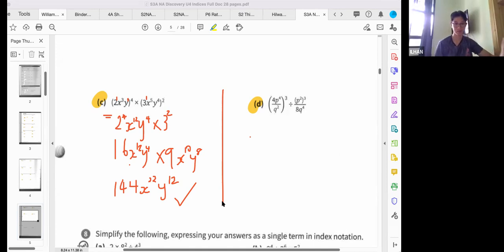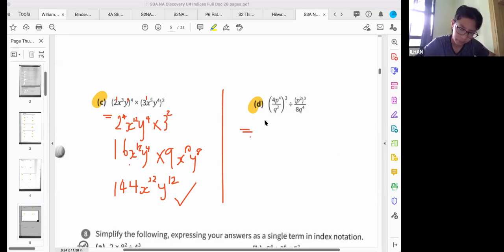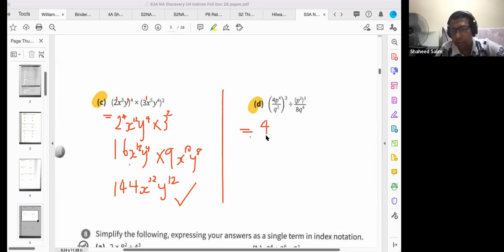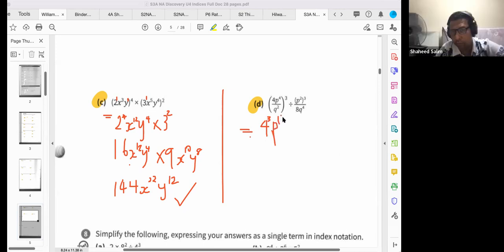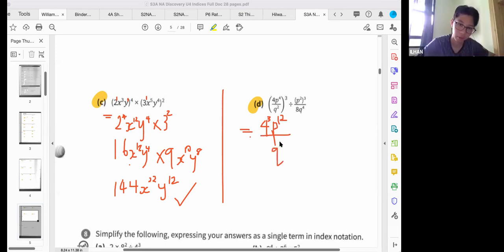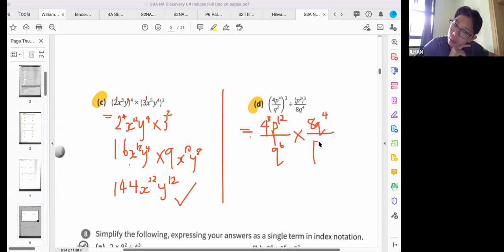Yeah, I'm stuck. Okay, so you tell me the first step. Can you do this one? Okay, 4 to the power of 3 again. P to the power of 12. Good. Now down here below, Q to the power of 6. Good. Now we times it straight. We do the flip. So 8Q^4 on the above. Below would be P to the power of